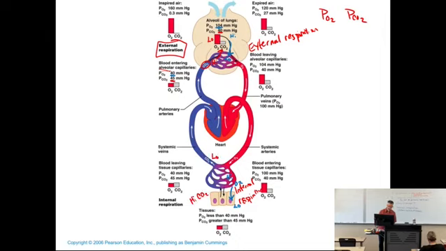And what does it do? How does it respond? So what we see is that when we get to tissues like the lungs where there's a lot of oxygen around, that's like going to Costco for hemoglobin. It says, oh, okay, I got some empty binding pockets. I'm going to stuff my pockets with oxygen. And we see the saturation go up and up. So when it's passing through an area like the lungs where we have a high partial pressure of oxygen, it loads up on oxygen. But when it passes into a neighborhood where it's poor in oxygen, lower concentrations of oxygen, then